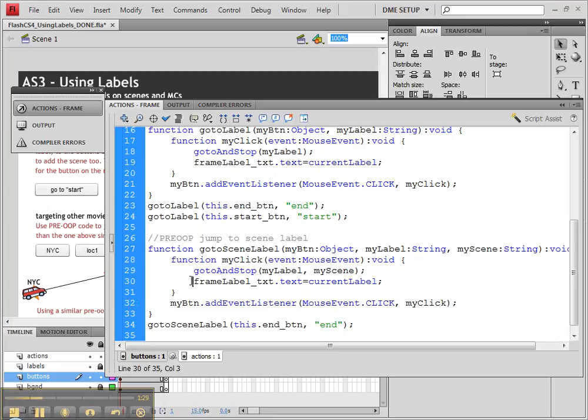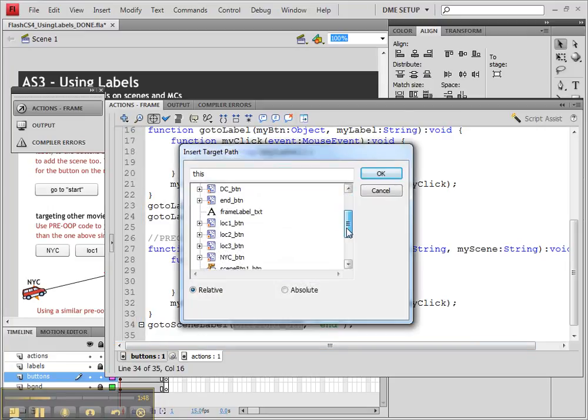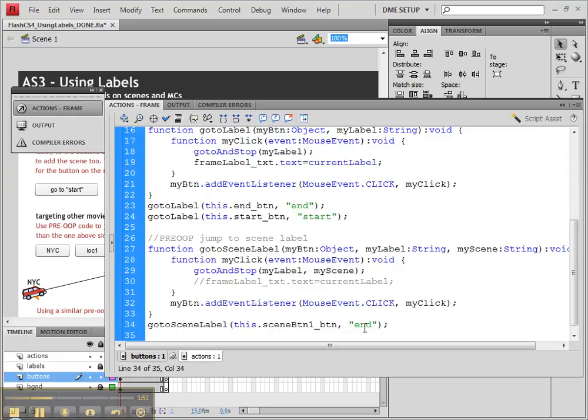I'm going to go ahead and comment out the frame label text though, because we don't really need that. We'll be able to tell when we jump to the right labels. Anyway, we're going to be targeting new buttons here, because we already have the buttons that jump to the new scenes. So I'm going to insert the target path for that, scene1_btn, and that will jump to the start2 label